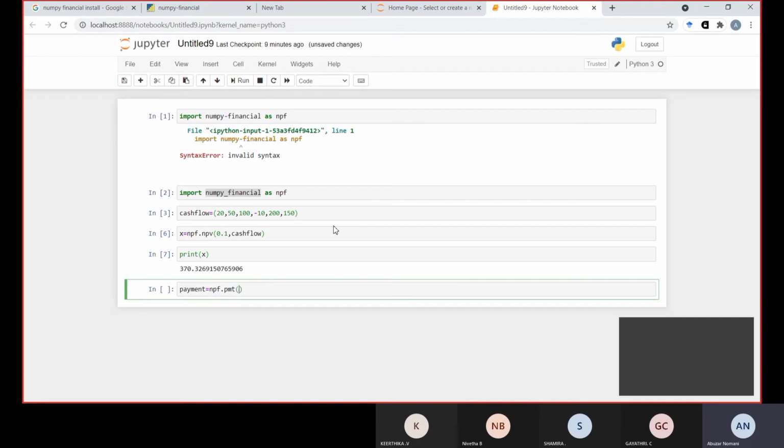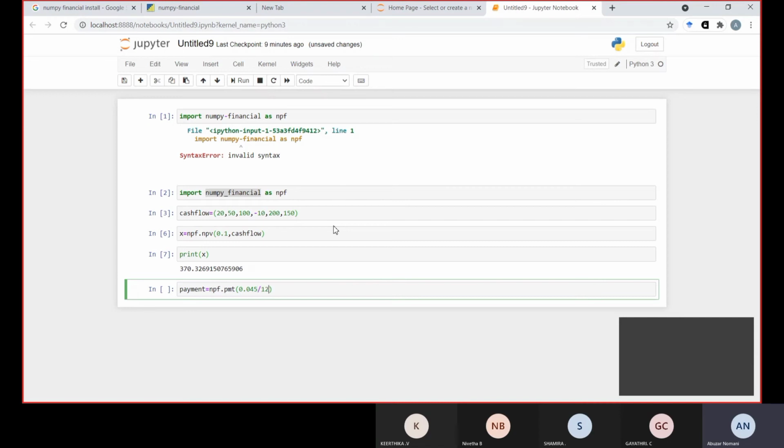Now, what is the interest rate? 0.045, because 4.5% is the interest rate that we are compounding. Now, the compounding is per year.